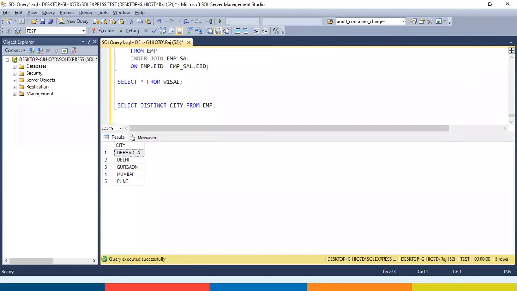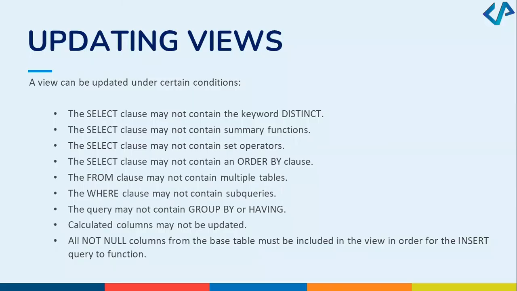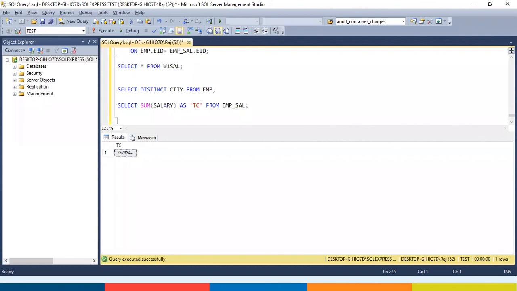For example, you created a view for a query like select sum of salary as total cost from EMP underscore cell. Now, this is what you have created. Is data manipulation possible to it? Not at all. Even logically, not possible. The select clause may not contain a set operator. So if you are using a set operator, like union, data manipulation will not be possible.